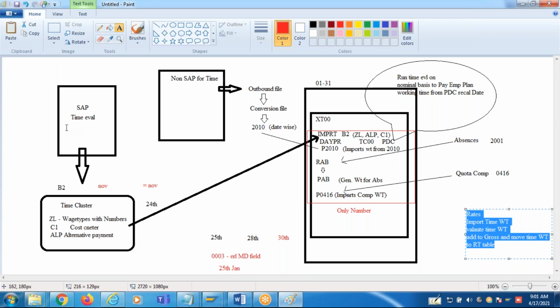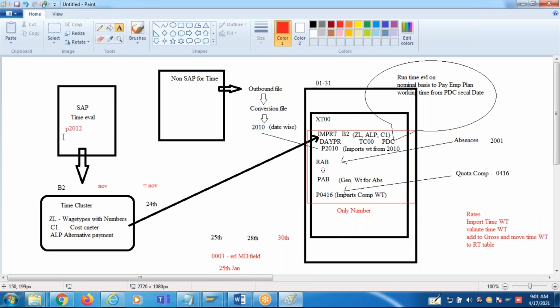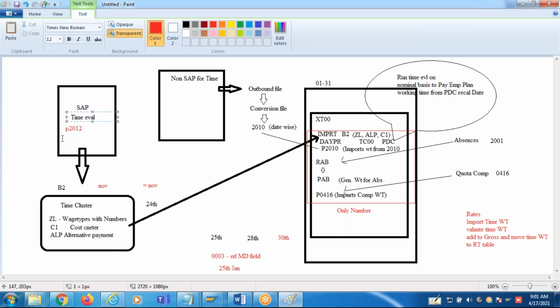See, basically 2012 is used for what? Time transfers. This time transfer function is here in the time evaluation. What is the purpose of this? Time evaluation generates the balances. These balances are stored where? Time types, wage types, and quotas. Quota balances, the wage type balances, and time balances.